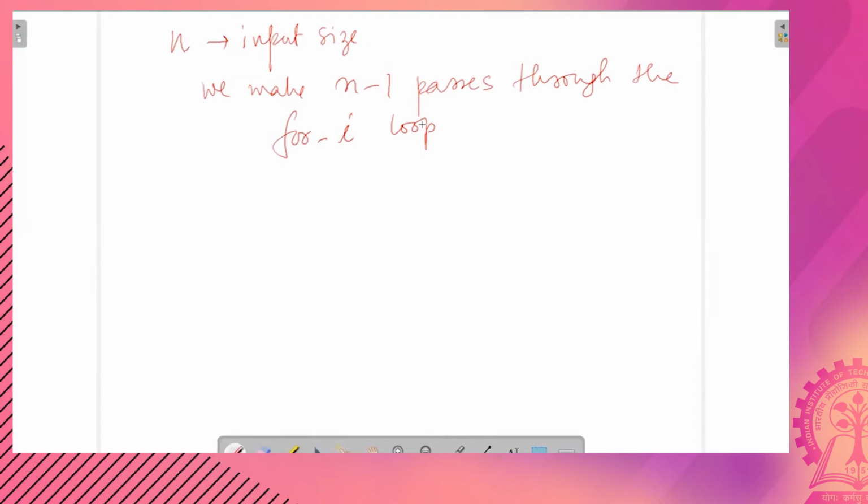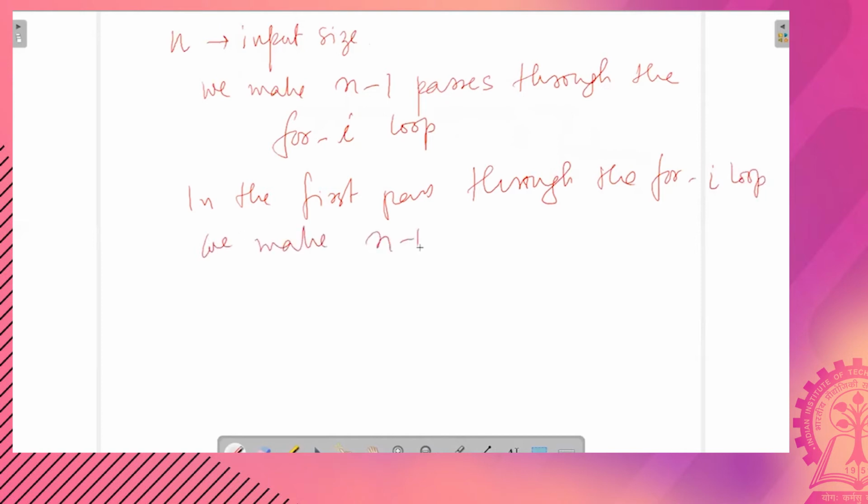And in the first pass through the for I loop, we make n minus 1 passes through the for j loop, right?